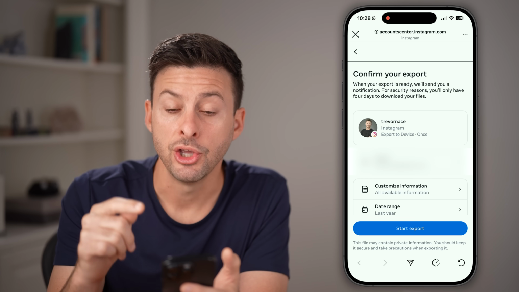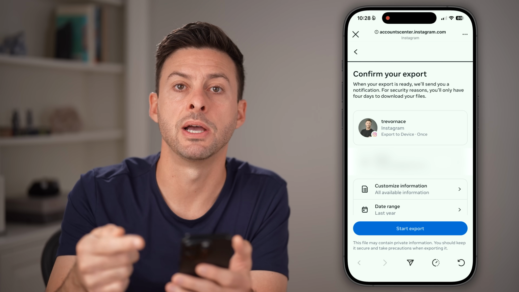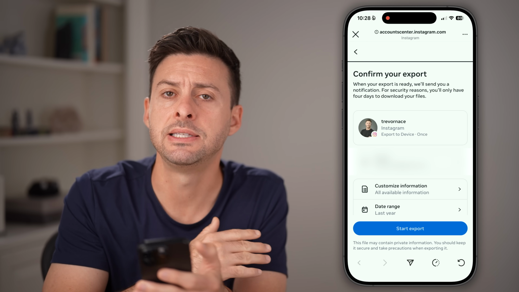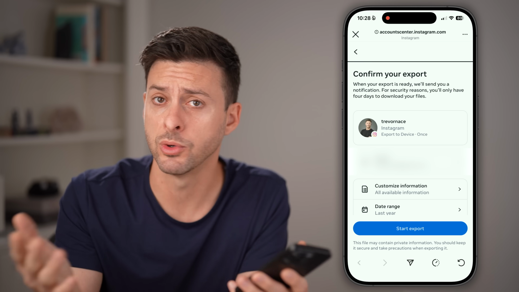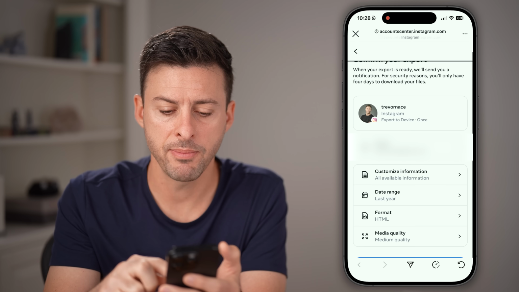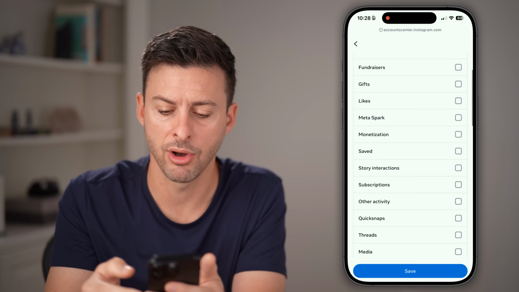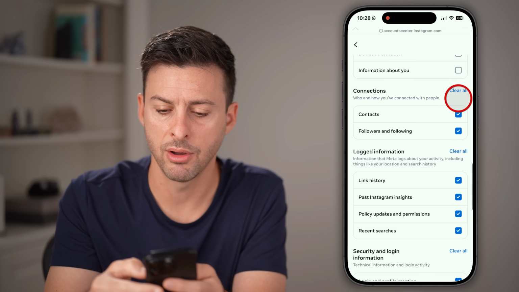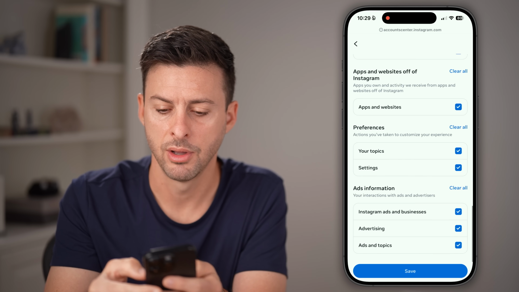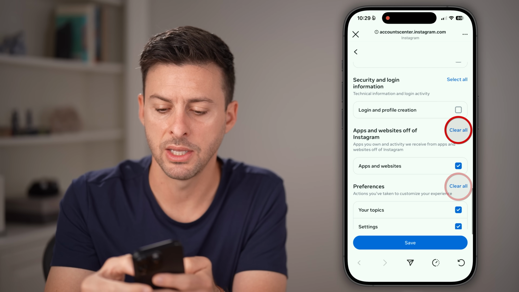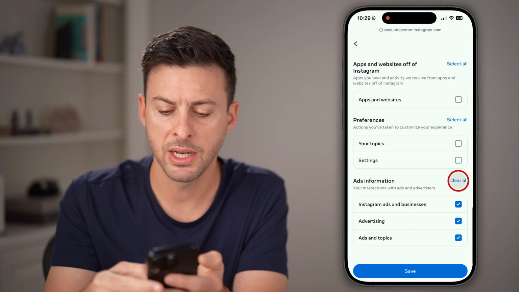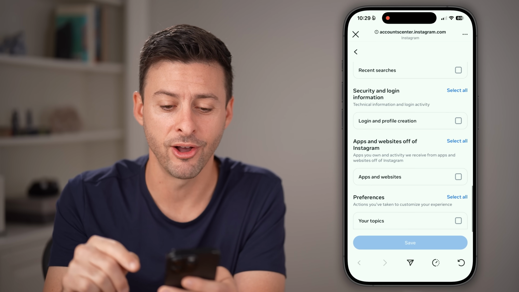Now, from here, you need to modify and customize what you're exporting. It defaults to export everything, which you don't need. Now, from here, I'm going to tap on Customize Information. I'm going to hit Clear All, scroll down, Clear All, Clear All, Clear All, and then just keep clicking the Clear All button. Now, it'd be nice if it was just one button to clear all of them, but after